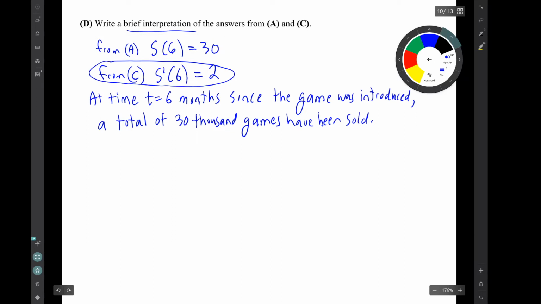Now, how do we interpret the result from question C? S prime of 6 is the number 2. Well, remember that S prime of 6 means the instantaneous rate of change of the sales. Now, what does that mean? Well, it's the rate at which the total sales are changing. But what does that mean? Well, it could mean a couple of things. One interpretation of this is